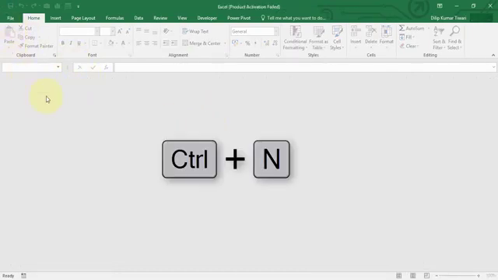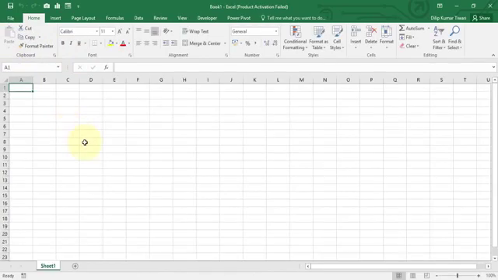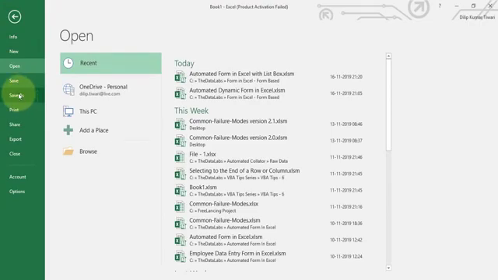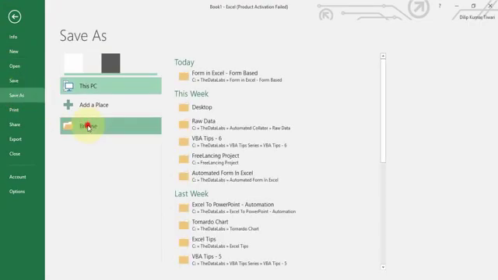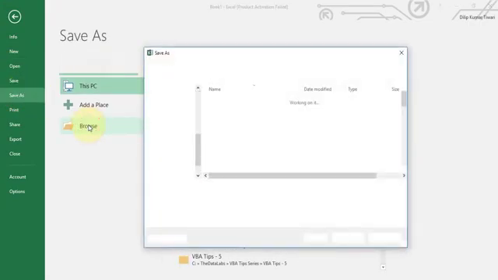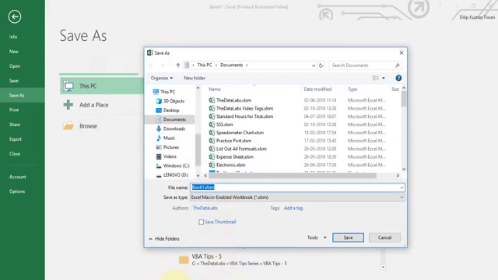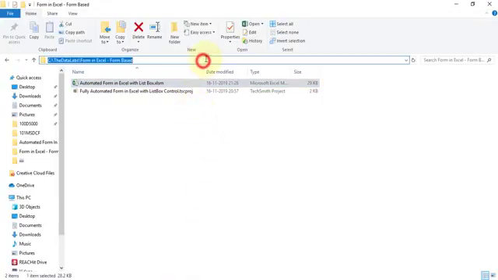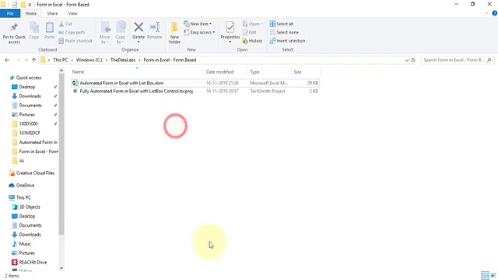To create a new file, press Ctrl N and go to file, click on save as, browse, and give the designated path over here. I am just going to select the same path where I have kept the demo file.